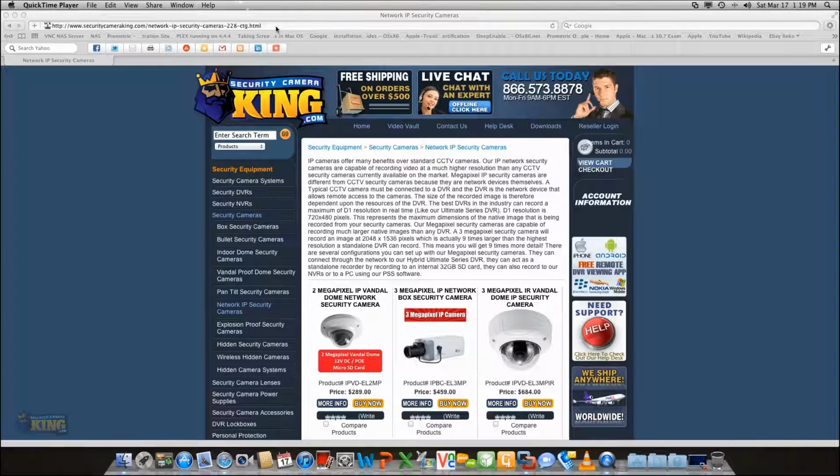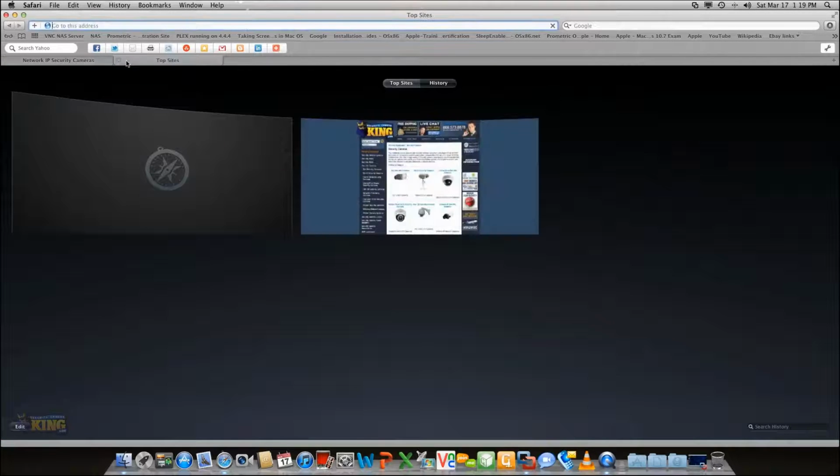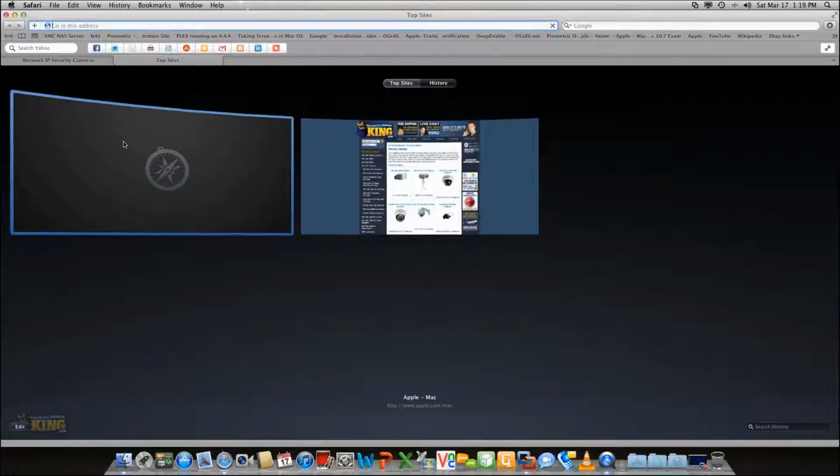IPVD-EL2MP camera. It's a 2 megapixel IP Vandal Dome network camera, and it's available on our website as you see right now. I'm going to be showing you right now how to access the web interface. As you know, all of our cameras have a default IP. All of our products that you connect to your network have a default IP of